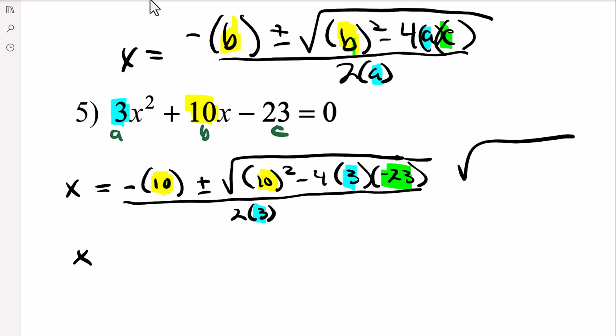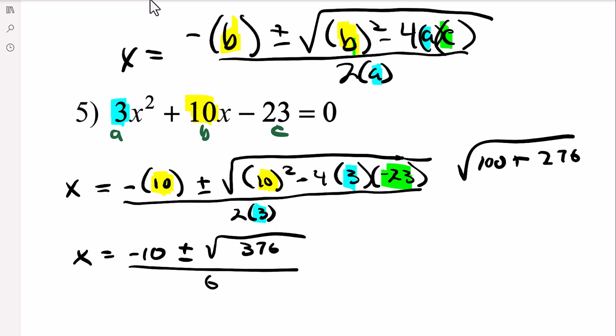Inside there, let's see, 10 squared is 100. Subtract a negative, same as adding. And then 4 times 3 times 23 is 276. When you add that together to 100, you got 376, which I think is a perfect square. So the square root of 376, it is not. So we have negative 10 plus and minus square root of 376